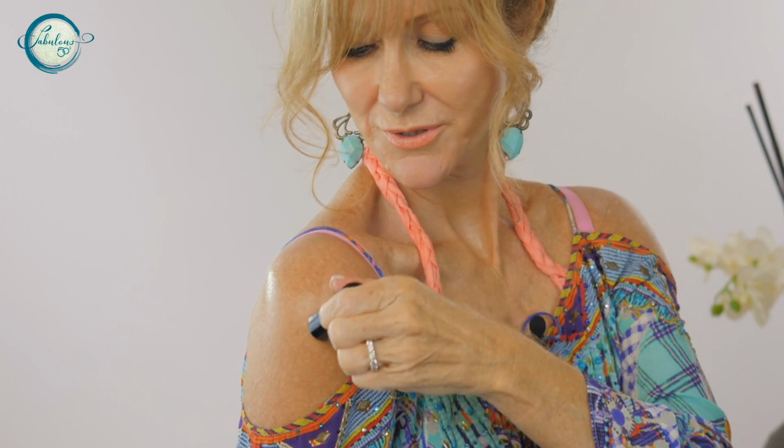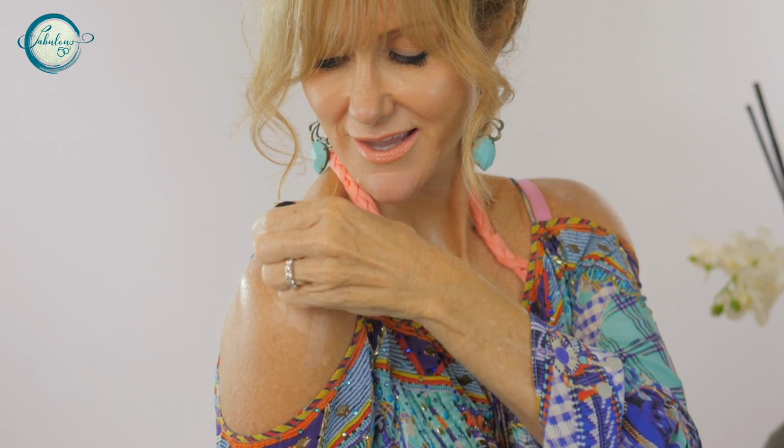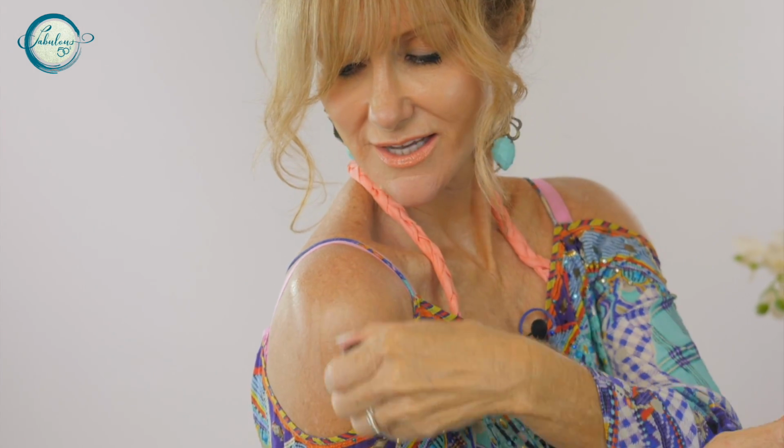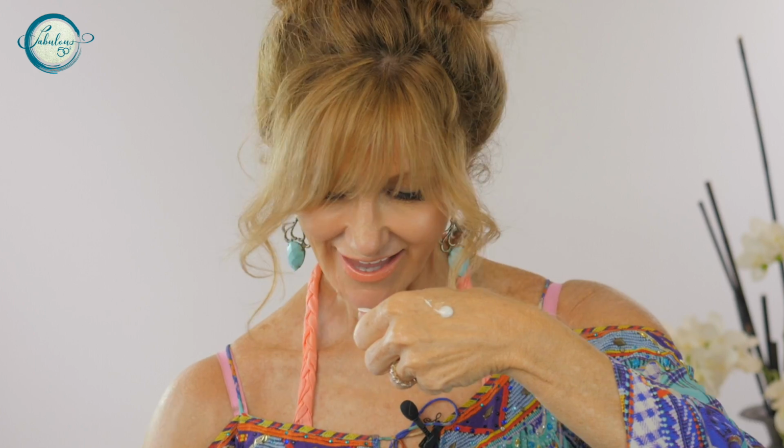So I'm going to put it on this arm and you can just put it on, or you can use your brush to buff it in. And all of a sudden, you look like you have the most beautiful skin. Look at that. And another product is a MAC strobe cream,